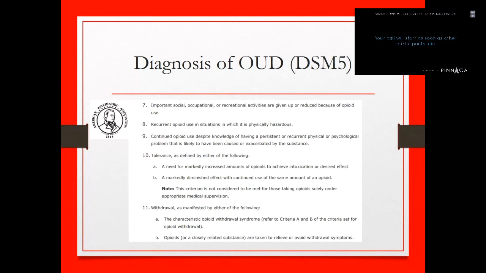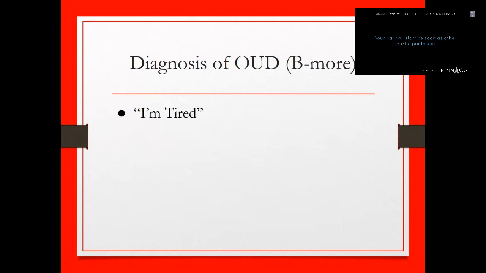And so for patients that don't come in telling you, hey doc, I just want to stop using IV heroin, but rather, hey doc, how do I get off this oxycodone now that I'm on it? It may be that a significant portion of those patients actually do meet diagnostic criteria for opioid use disorder. Other than diagnostic criteria, the other way to diagnose opioid use disorder is when a patient comes in and says something to the effect of, help me, I'm just exhausted. I want to stop doing this. In Baltimore, people say, I'm tired.